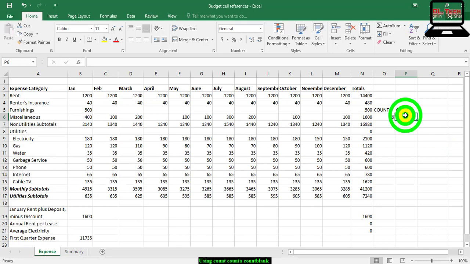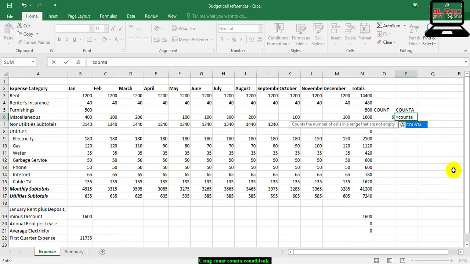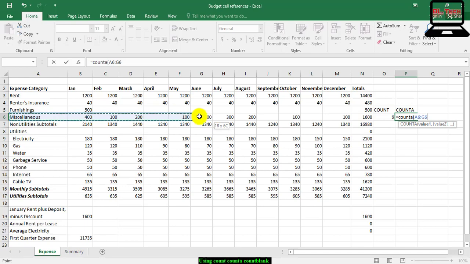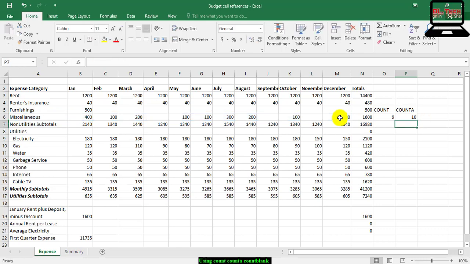In cell P6, type equal COUNTA, open parenthesis, select A6 to M6, close parenthesis, press enter.